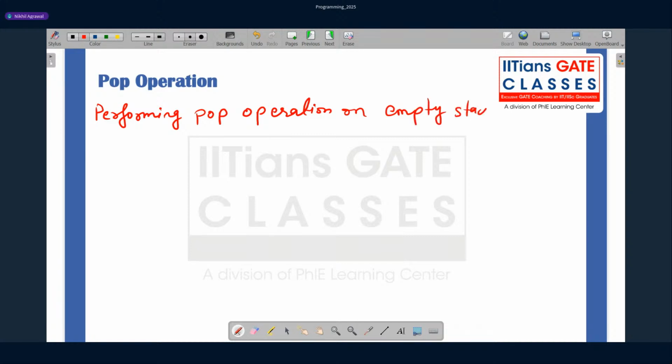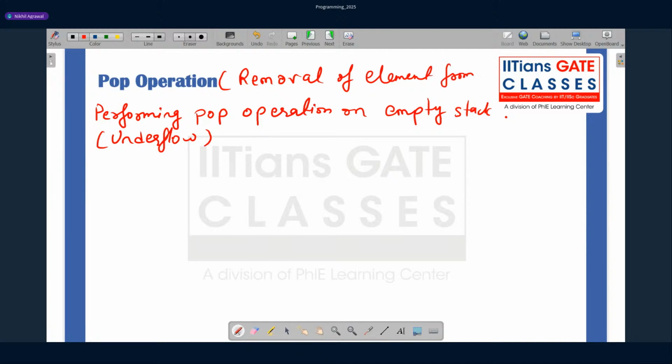When this is happening, what do we say? Come on, it is underflow. Is it clear, students? When we are performing pop operation on an empty stack, it is underflow. What is pop operation? Removal of an element. I'm writing here again: pop operation is nothing but removal of an element from the stack. Is it clear?